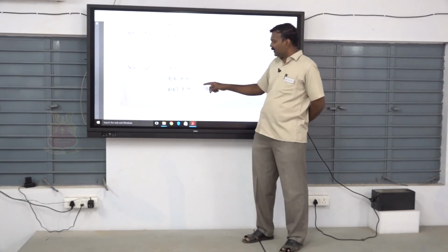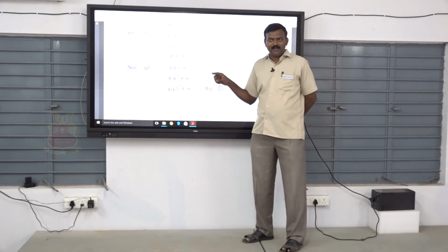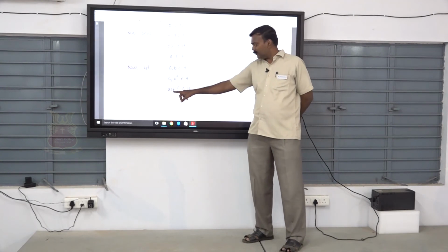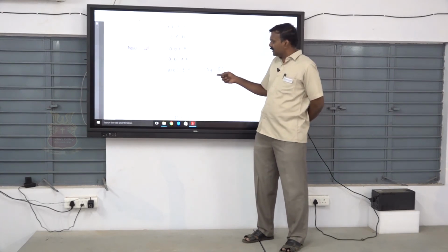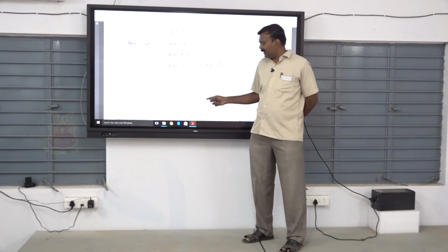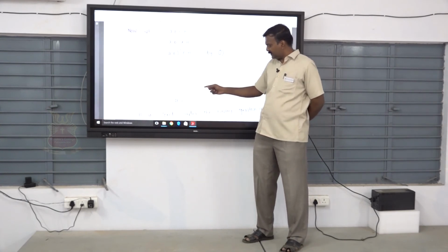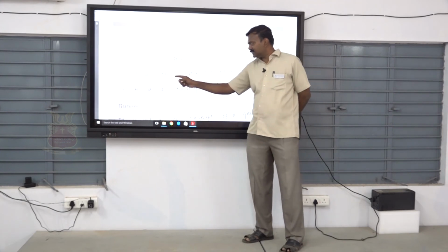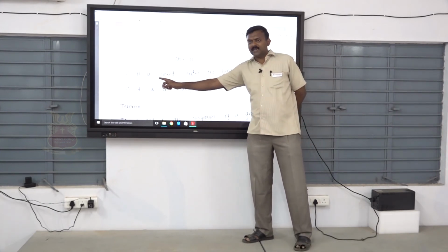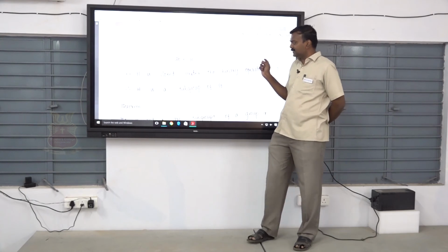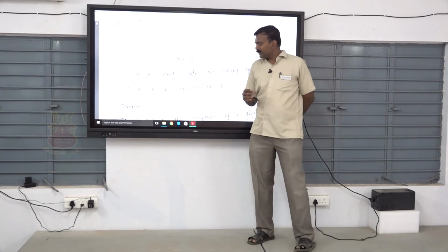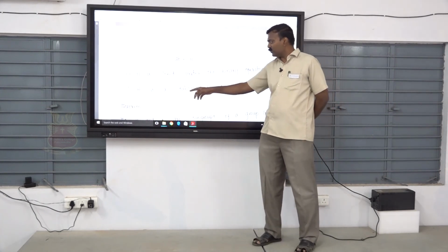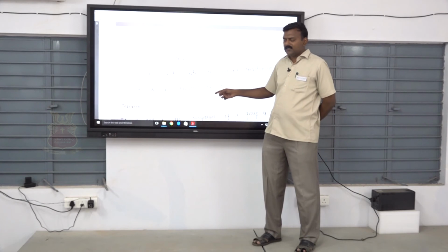What is equation number 1? a, b belongs to H implies ab inverse belongs to H. Here we use equation number 1: a, b inverse inverse belongs to H by 1. Then a b inverse inverse means ab. Then ab belongs to H. Therefore, H satisfies the closure condition, that is, H is closed under the binary operation on G. Therefore, we satisfy the three conditions: identity, inverse, closure. Therefore, H is a subgroup of G.